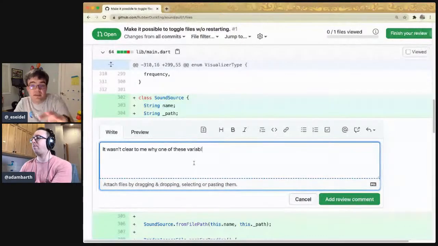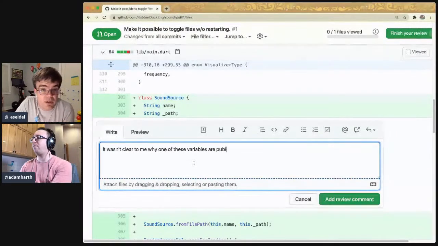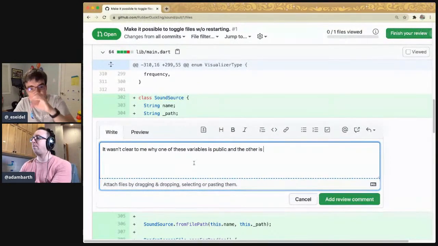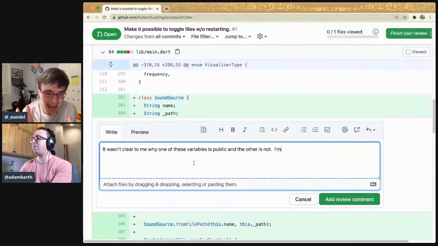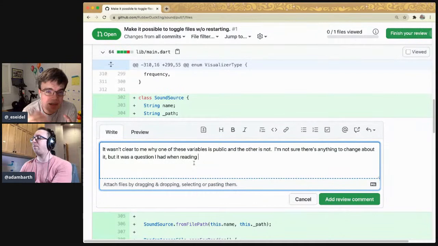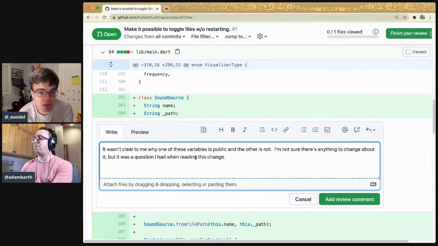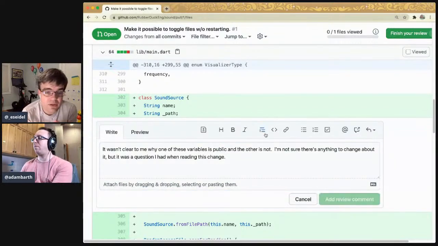So this is a totally valid comment. I'm going to now break the fourth wall here. I probably should have addressed this in the summary at the top. Part of what happened here was that I realized that we are dealing with these absolute file paths, which is really nasty. And whatever this sound source thing is, it probably shouldn't expose the idea that you have some absolute file path. So I was trying to hide that, because maybe this is a URL, or maybe this is an asset name.